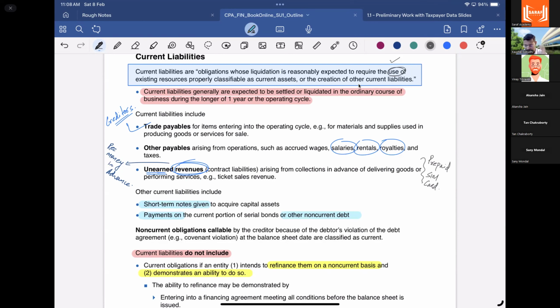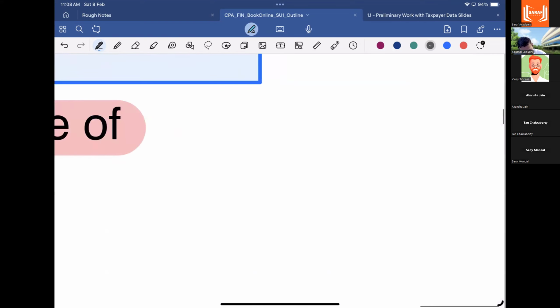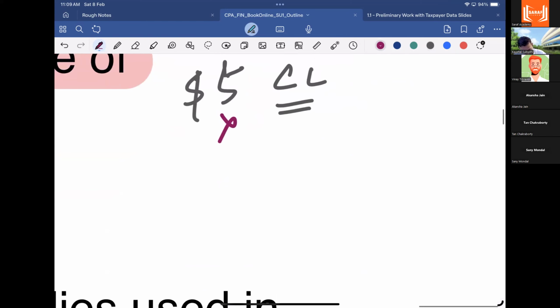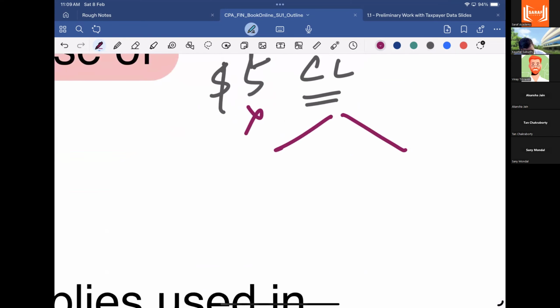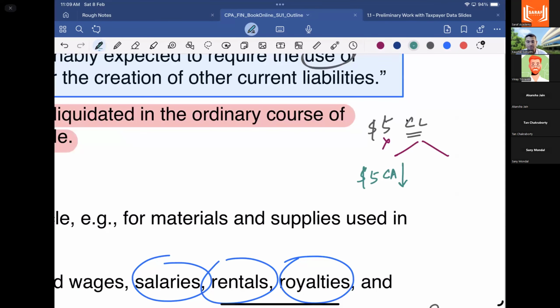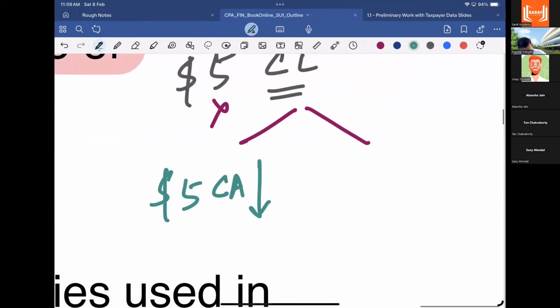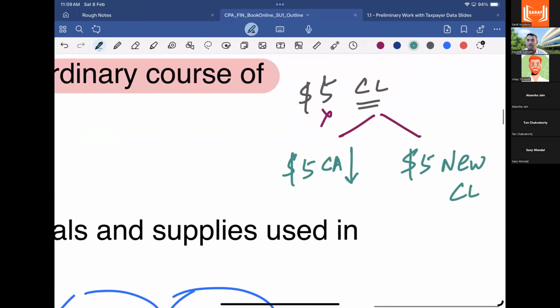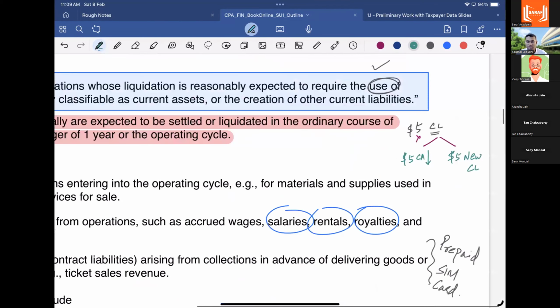So इसका स्टेटमेंट बहुत सिंपल है। इनका ये कहना है कि सर आपके पास $5 ऑफ करंट लाइबिलिटीज है। ये $5 ऑफ करंट लाइबिलिटीज को आपके बैलेंस शीट से हटाने के लिए या तो आप दो चीजें कर सकते हो, या तो आप $5 के करंट एसेट्स को स्पेंड करो और $5 के करंट लाइबिलिटीज को कैंसिल करो, या फिर आपके पास और एक ऑप्शन है, आप नया करंट लाइबिलिटीज ले लो और पुराने वाले करंट लाइबिलिटीज को कैंसिल कर लो। बस यही कह रहे हैं वो।